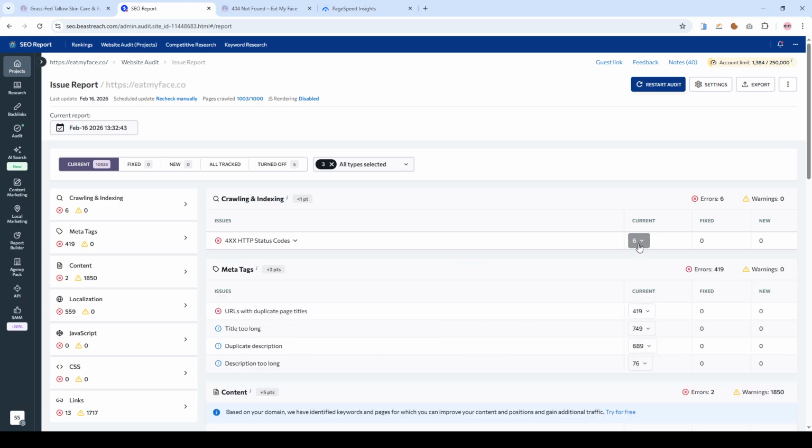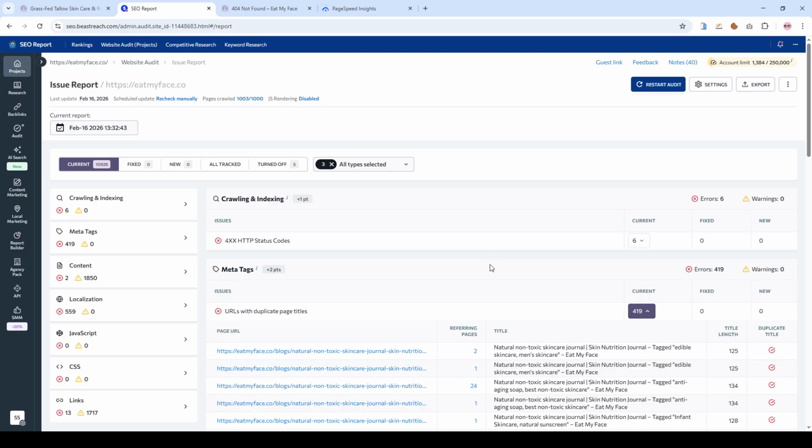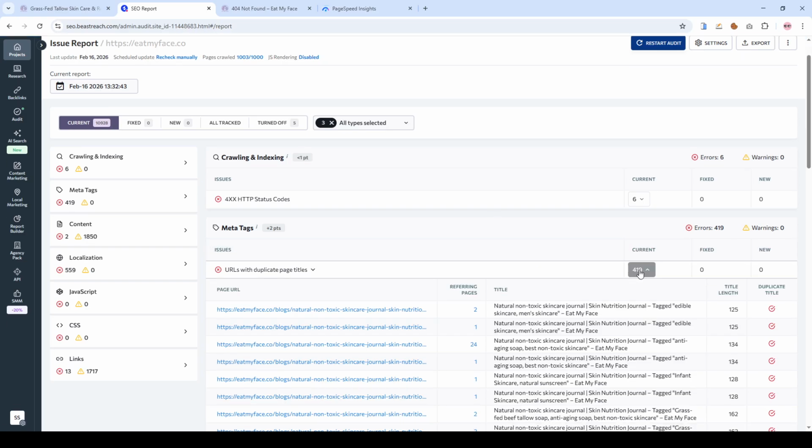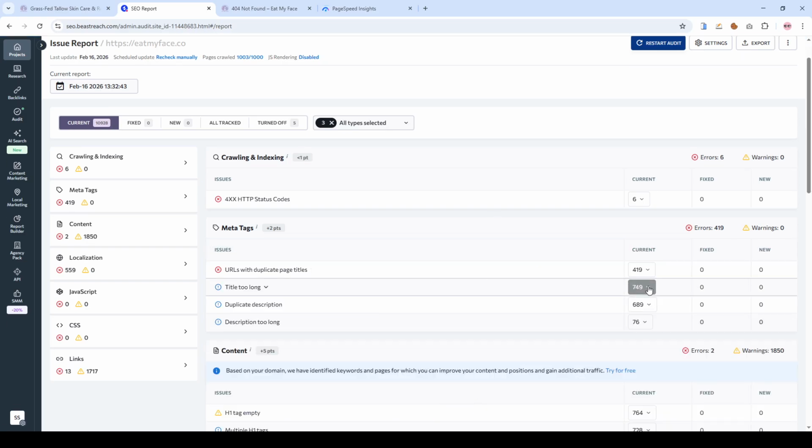So make sure to remove or update these links. Here we have 419 pages with duplicate page title tags. So make sure all of your title tags, meta descriptions, and H1 headlines are all unique for each page on